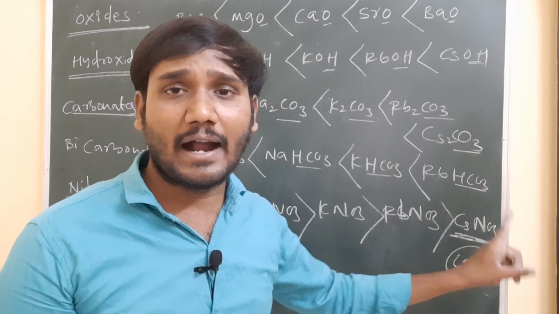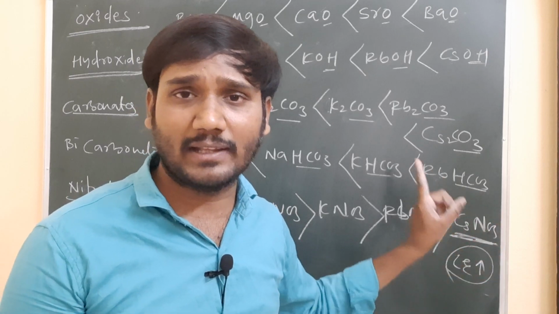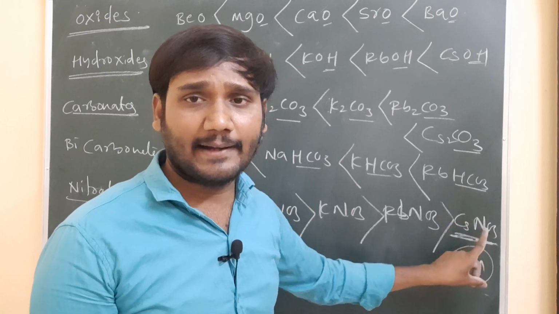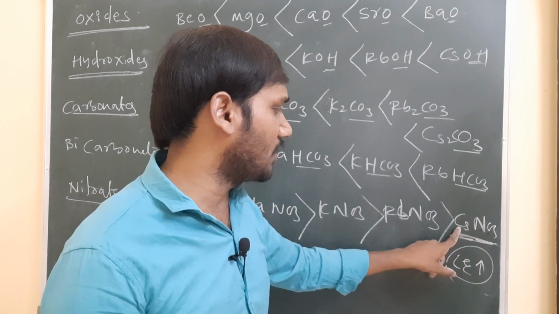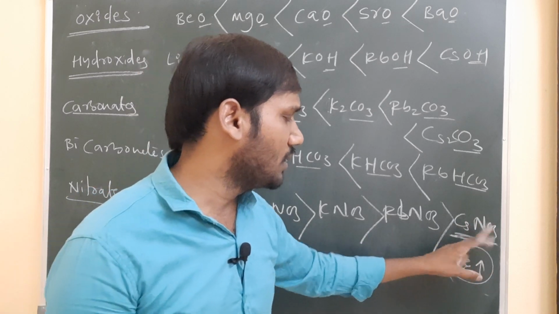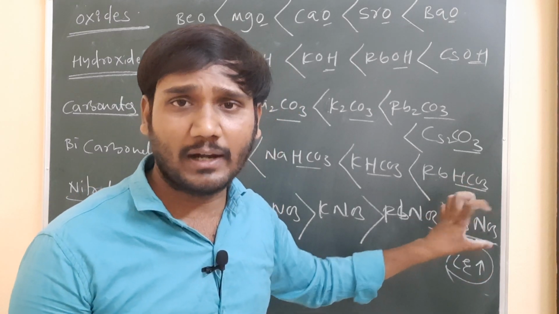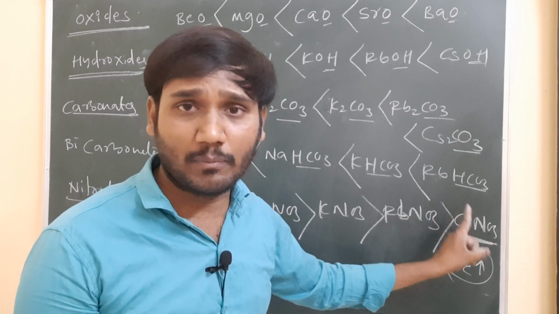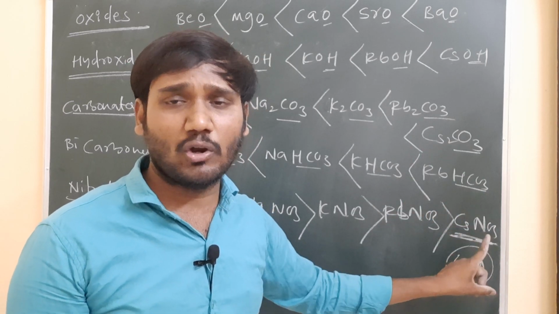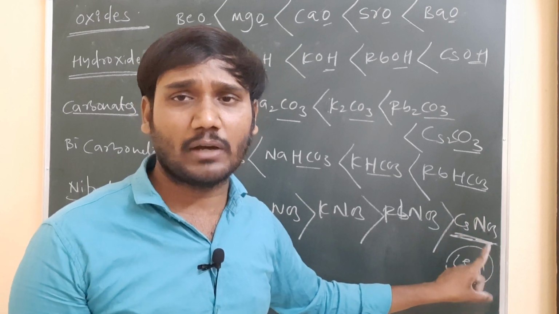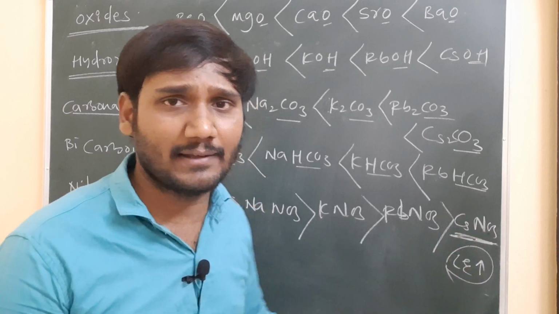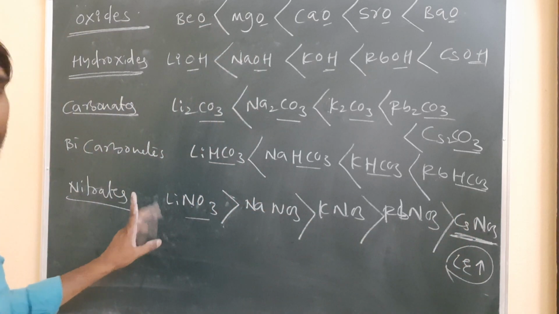When a large anion is present, the large anion is stabilized by the large cation. Here carbonate or nitrate is the large anion, stabilized by the large cation cesium. So here large cation and large anion are present, and stability is more, so cesium nitrate is a very stable compound. To break this stable compound you require more energy, which means lattice energy is very, very more. So lattice energy more means solubility less; here the solubility is less and here the solubility is more.